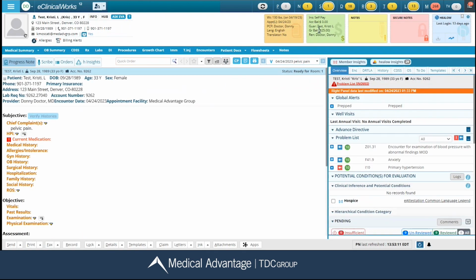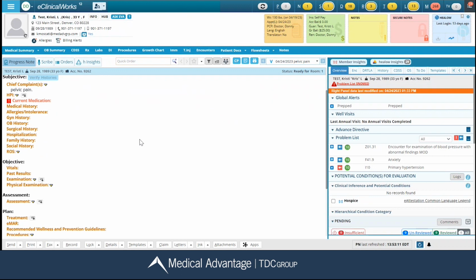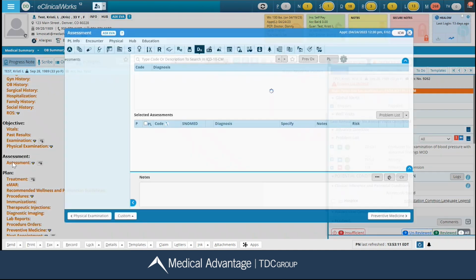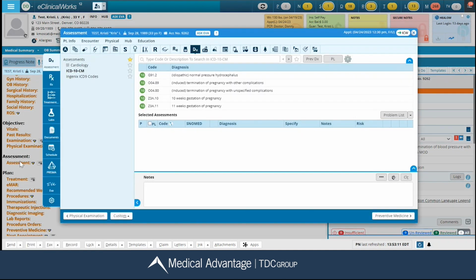At the very top, I have my patient dashboard. On the right-hand side, I have my right chart panel, and then over here I have my progress note. Now, realistically, my medical assistant has already filled out all this information for me, but for training purposes, we are looking at a blank progress note. I'm going to go ahead and click on my orange assessment link, and this is going to take me to my assessment window. On the left-hand side, I have my floating toolbar, and then looking at my window, I am